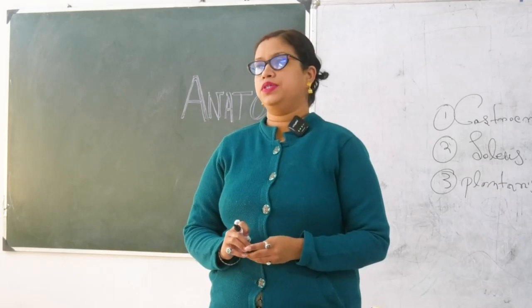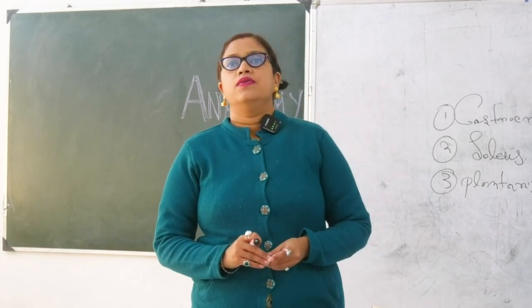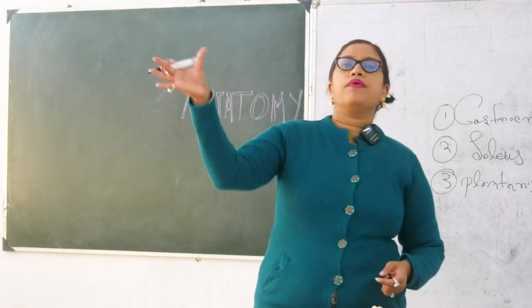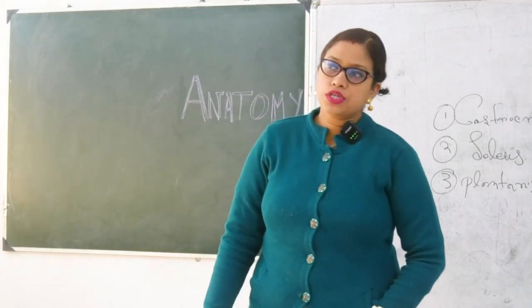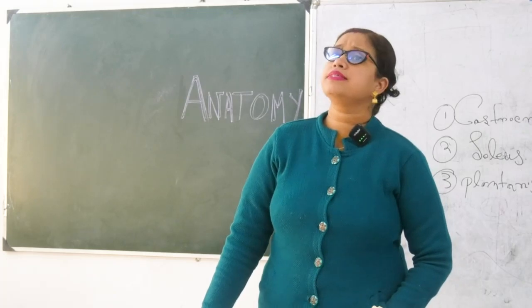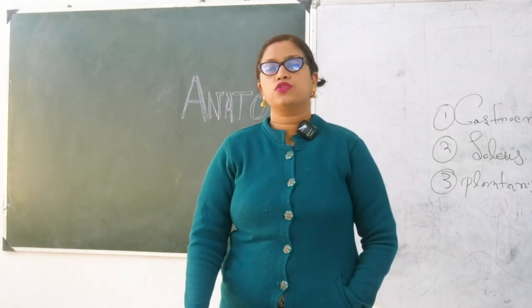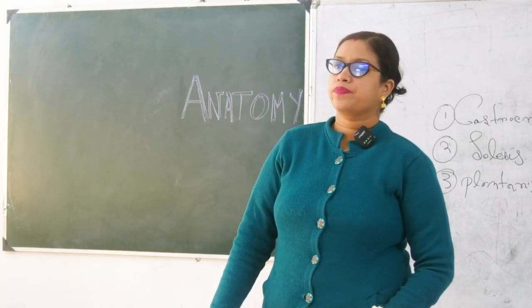Number one is popliteus. Write it down. Second, in the flexor group, first one is flexor hallucis longus, then flexor digitorum longus, then third one is tibialis posterior. So these are the 4 muscles you will get in the deep compartment.